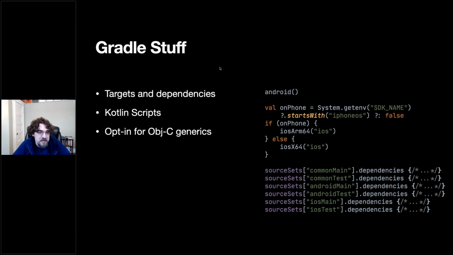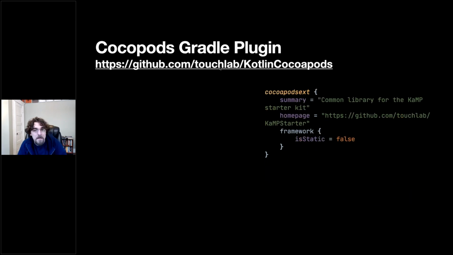And then we have some configuration to opt into generics on the Objective-C side, which in Kotlin 1.3 aren't automatically forwarded. Generics in Kotlin are automatically forwarded to Objective-C and Swift in 1.4. And then we opted into the experimental coroutines API because we were using them in a bunch of places. Another thing we have on the Gradle side is